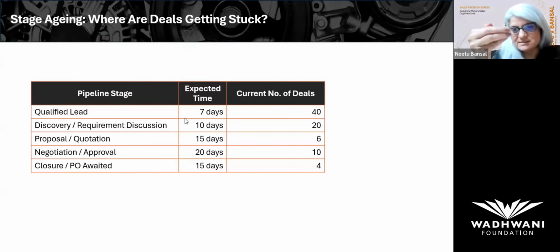Now let's look at the third column. This is the number of deals that we have in each of these stages. We have 40 deals which are qualified, 20 at the discussion stage, 6 where we have given them a proposal, 10 where the negotiation is going on, and 4 where we are waiting for the POs. Let's say this is your current stage. Now, when we look at where the deals are getting stuck,